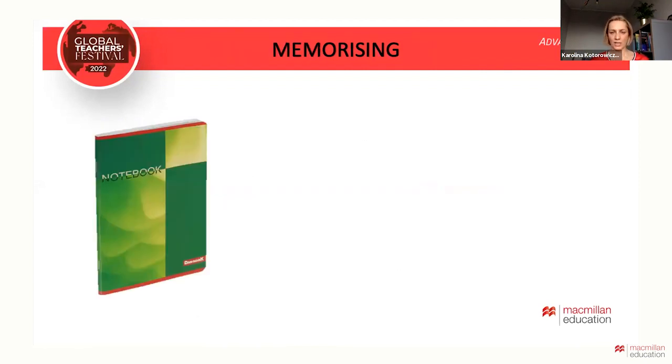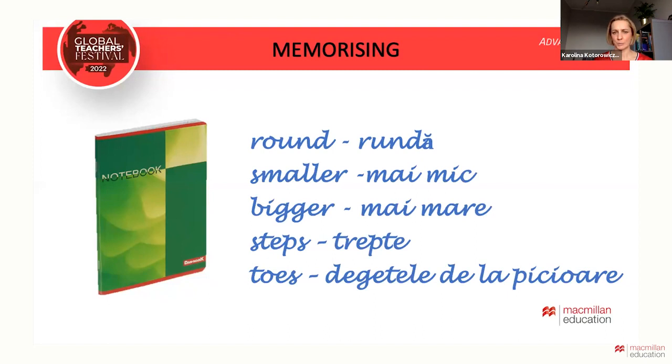Point 3 on my agenda is memorizing. I can see that I need to speed up a little bit. So memorizing. I am not going to show you, however, different mnemonic devices or strategies for helping learners boost the memory. I am focused on something completely different. That is the notebook, which usually looks like this. Okay,